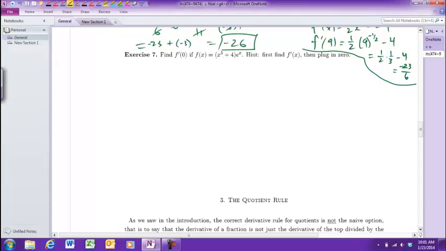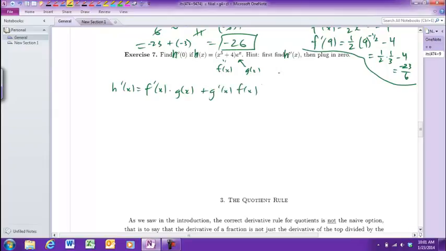Okay, so f of x here is x to the 5th plus 4. So here's a problem. This is already called f of x, and I'm used to calling this f of x and g of x. So I can just change this f to an h, and then everything else will look nicer. So h prime of x will be f prime of x times g of x plus g prime of x